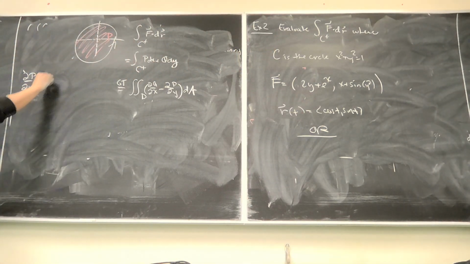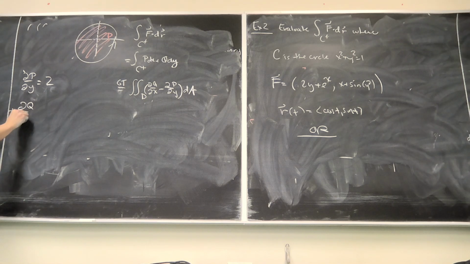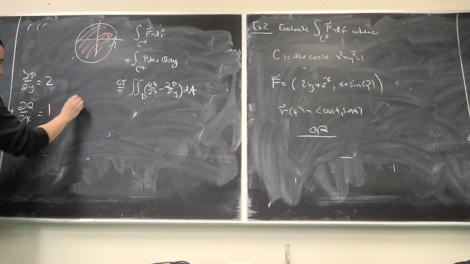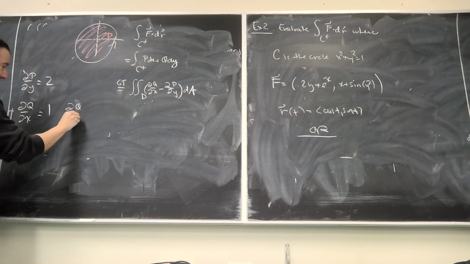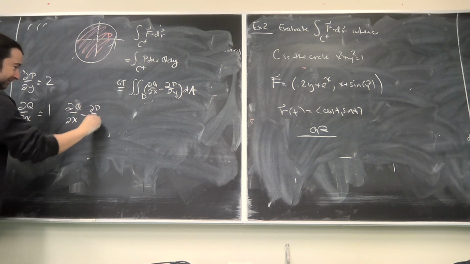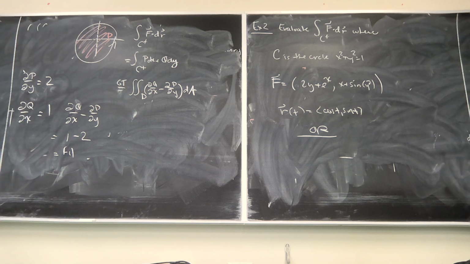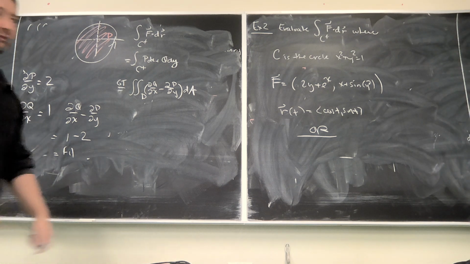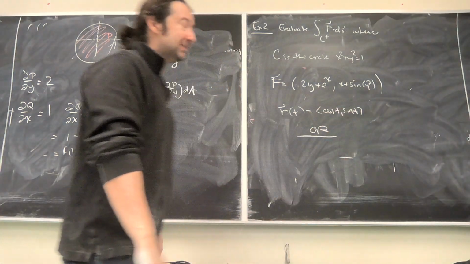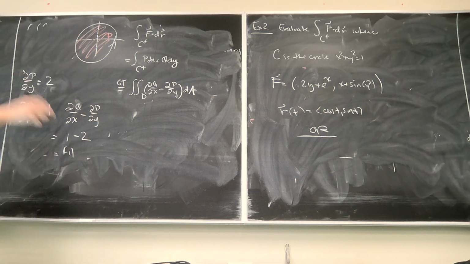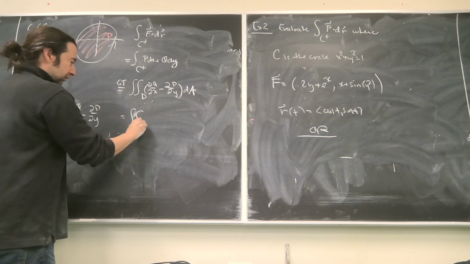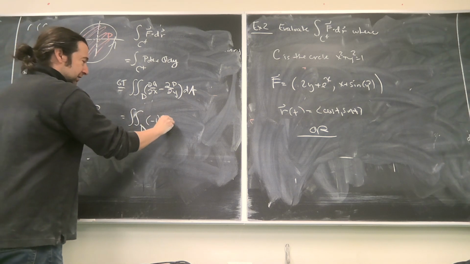It's 2. And what's dQ/dx? 1. So what's dQ/dx minus dP/dy? 1 minus 2, negative 1. Oh, so Green's theorem says, since I've gone out of my way now to fix the problem into something that might show up on a test, Green's theorem says that I could write this as the double integral over that circle of minus 1 dA,